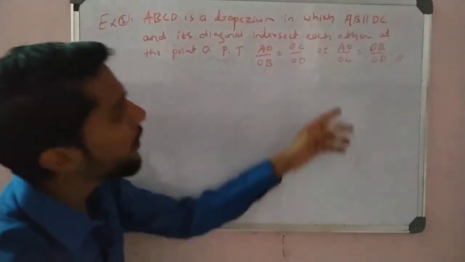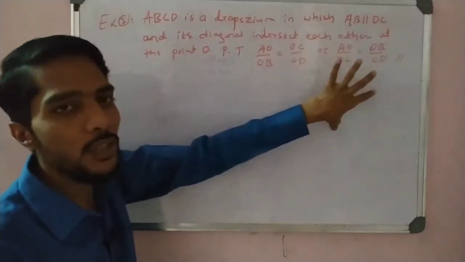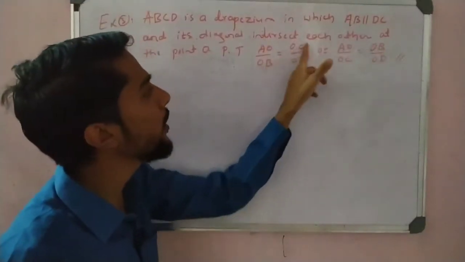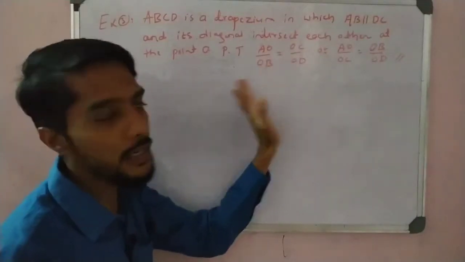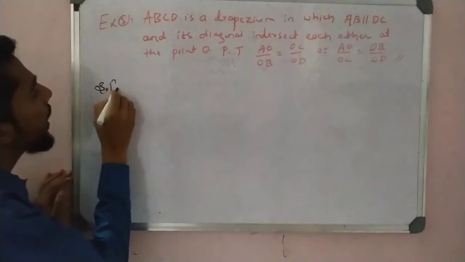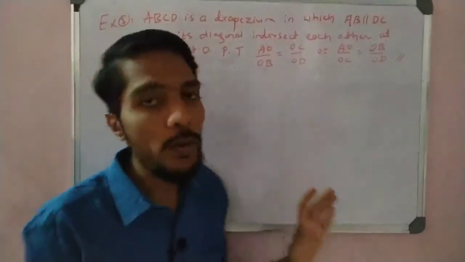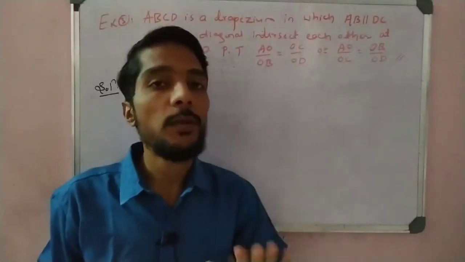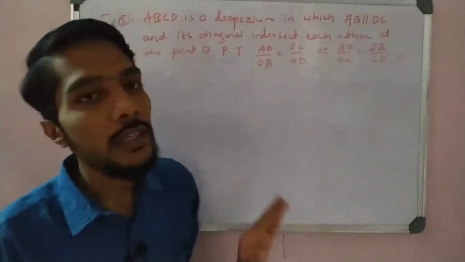Okay, if they ask about OA by OC, it means the same process. There is only cross multiplication, no change. Only they cross with the OC and OB. That is same. Okay, the solution is same. So in this problem, actually, the NCERT does not give the diagram. You have to draw the diagram. The last two problems I solved today, the diagram is not given. You have to draw it by using the given data.